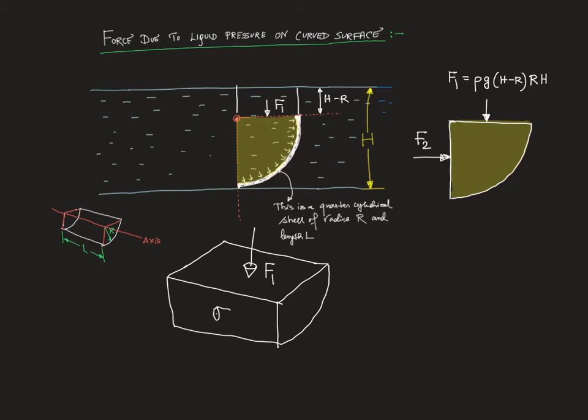So in the 3D diagram, this force is F2, right? What is F2 equal to? So you know F2 is equal to,